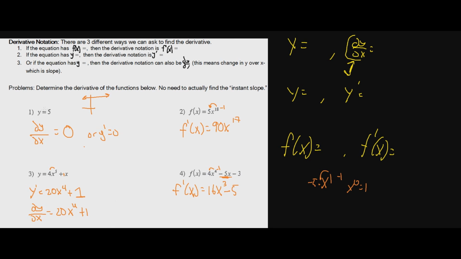And just like before, right? Any number, when you take the derivative, it's just 0. So what's the derivative of negative 3? Well, it's just a number. So it's 0. So gone. And there it is. So that's 4 problems. Taking derivatives. This is finding